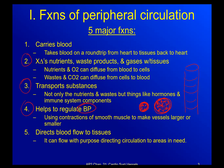The less it pushes, the softer it pushes, I don't know if that's the right way to put that, the lower our blood pressure. But if we can change the diameter of these blood vessels, we can influence how that blood pressure presents itself. When you are losing blood volume, when you're bleeding, let's say, your blood vessels will actually contract and shrink to try and keep your blood pressure higher. Okay, and then finally,